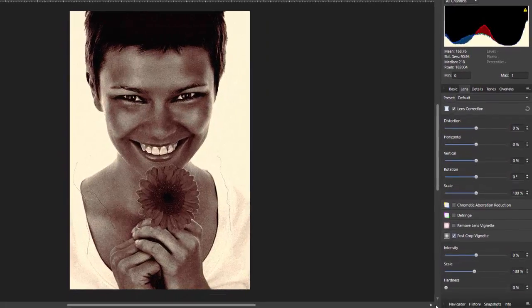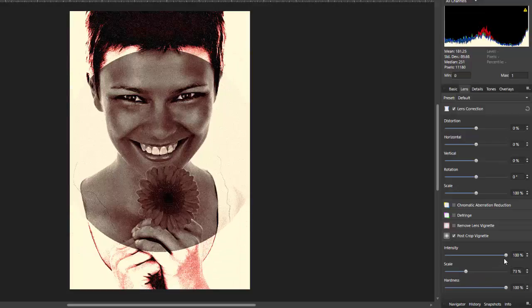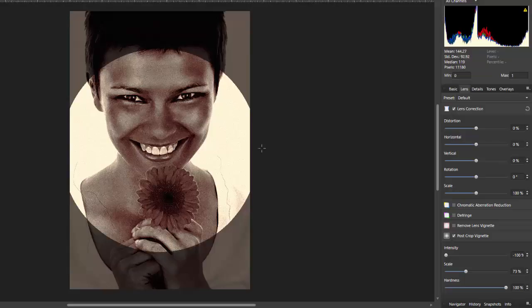Now I personally find that the vignette can be quite subtle, and I find it easier just to push the hardness right up to 100%, and then if I move the intensity all the way to the right, hopefully you can see this white vignette here, and if I move the scale I can bring that vignette right the way in or right the way out, and if I move the intensity to the left, you have this black vignette, and because the hardness is quite hard, it is not so subtle, but I prefer to do it this way so I can position the vignette where I want it